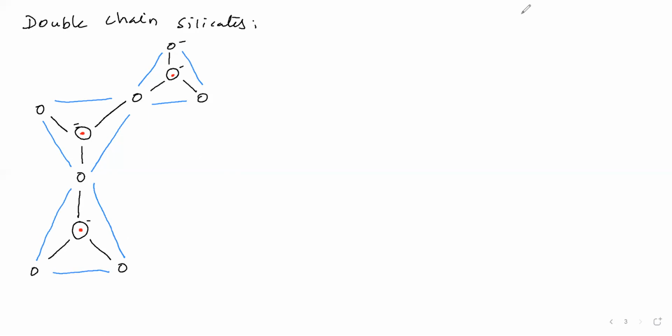Next SiO4 unit we will take. Here silicon. Next we will give O minus, it is rear side O minus, here one O, here O minus, here O minus. Here negative charge I have given. In some places I have not given. That we will see why is it so. Here we are giving this blue color in order to indicate this is one SiO4 unit.